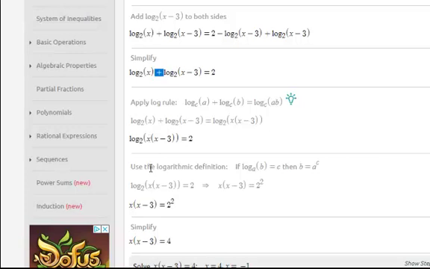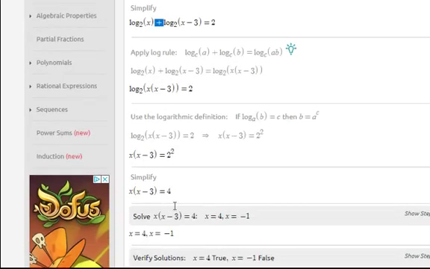Then they exponentiate it. So exponentiating with base 2 means you get 2 squared on this side here, which of course is 4, and there it is, 2 squared, and there's the 4. On the left-hand side, 2 to the log base 2, well, that gets rid of the log, so you have this one. You just have the argument, your x times x minus 3, and there it is, and now you have a quadratic equation right there, and you solve, you get 2 solutions, 4 and -1,